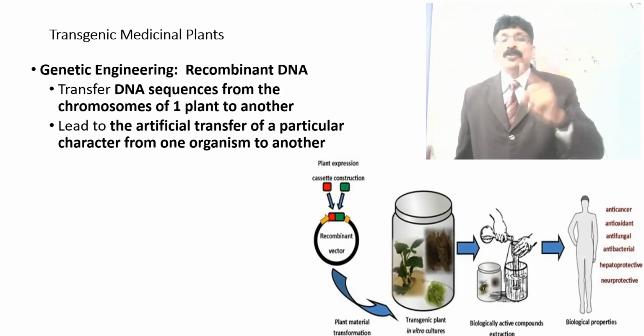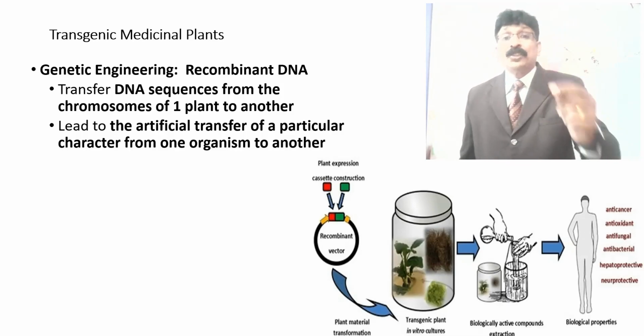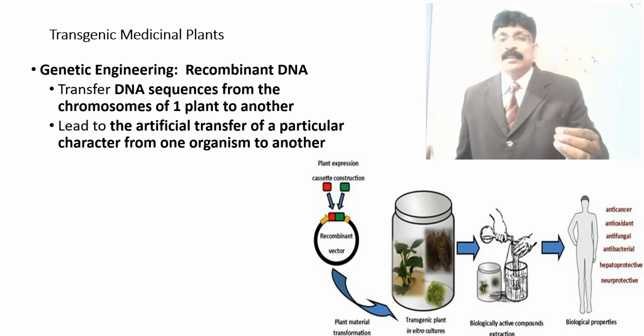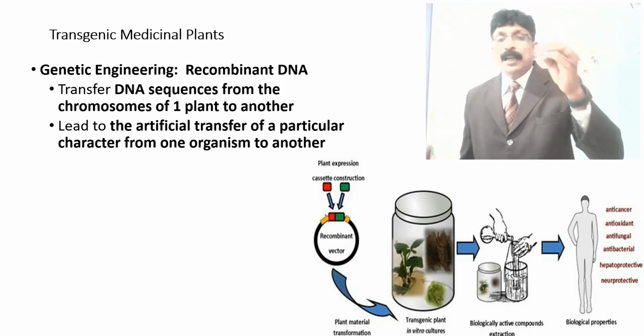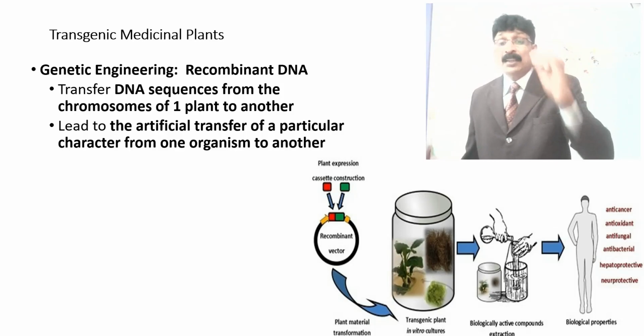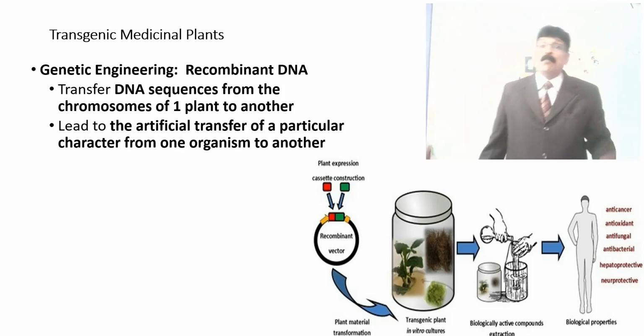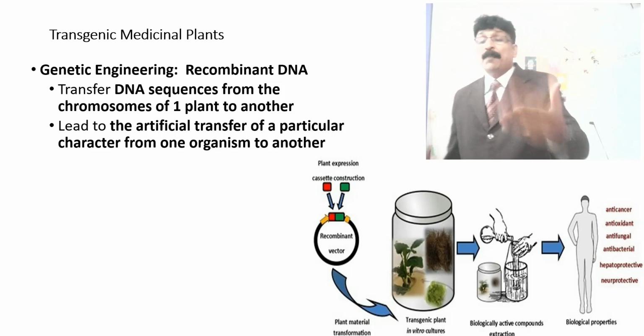So you see, a plant expression system constitutes a recombinant vector, and you can produce a transformation of a transgenic plant in vitro culture, and biologically active compound extraction can be done, which can be produced to